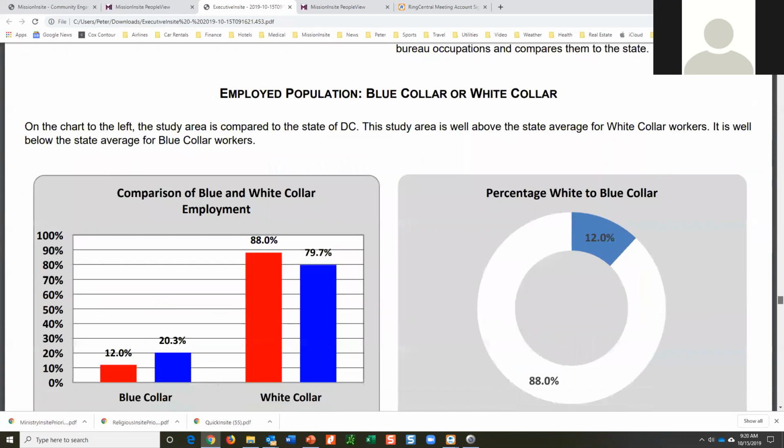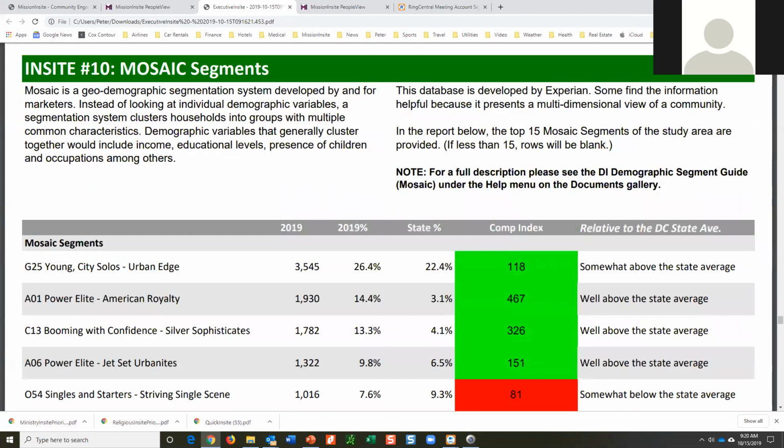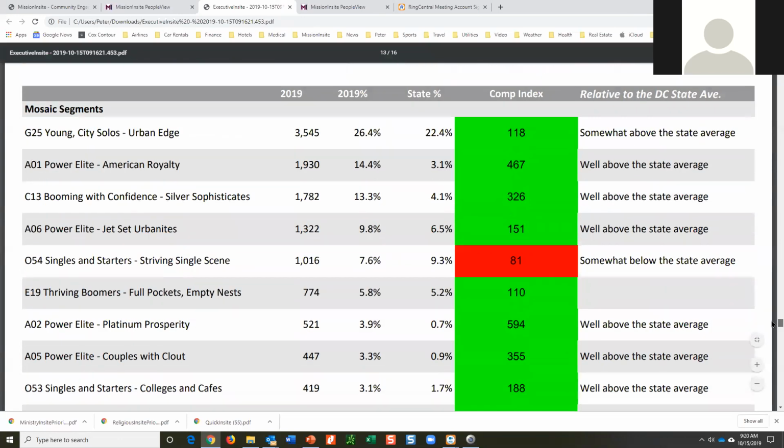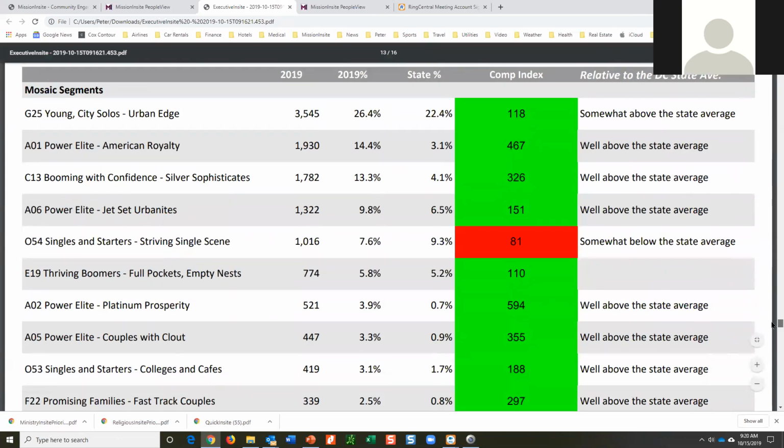I want to continue down to the mosaic. Again, just a quick introduction. Mosaic is very unique because it gives you the socioeconomic and behavioral view, and it's used in the plotting and uploading of members that we call people plot. And I'll show you where there is information on how you accomplish that in a few minutes.